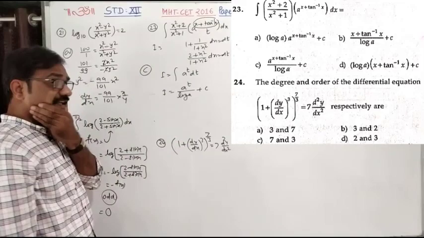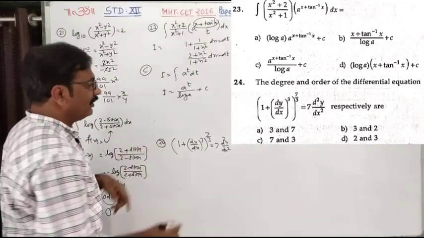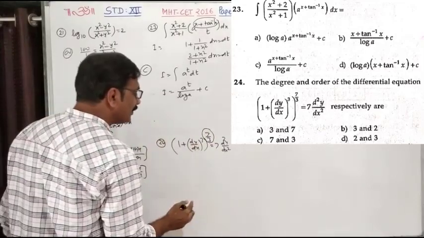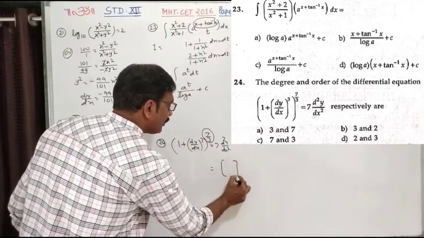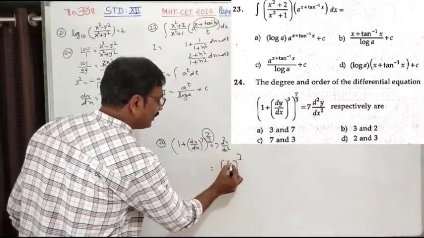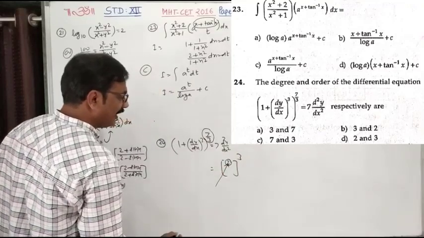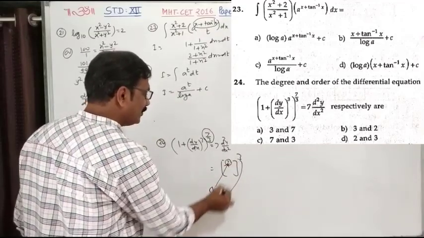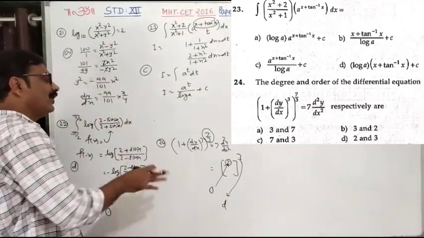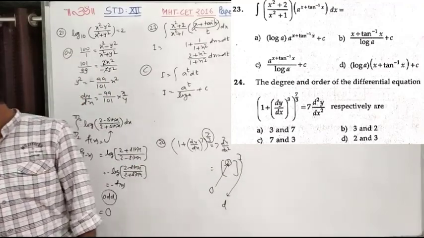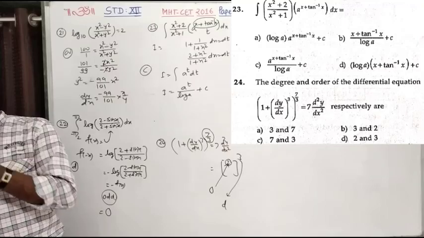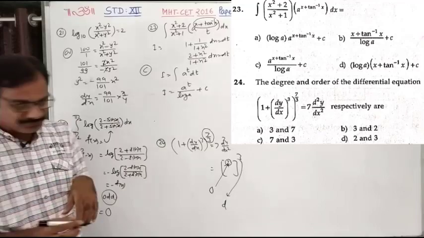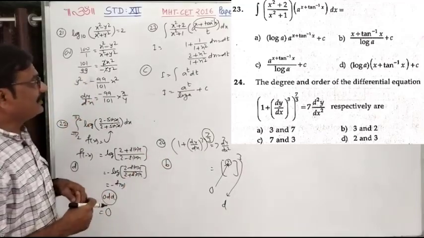You have to find the order and degree of this. For finding the order and degree, we remove these fractions. So by making the cube, this also comes. So for the order, we must proceed for d2y by dx square. That is the order, and the power after that is the degree. So order is 2, degree is 3. Don't reverse it. What is the question? Degree and order. Degree is 3, order is 2, 3 and 2. Option is B.